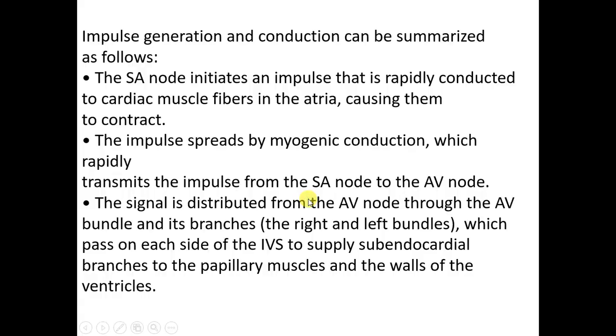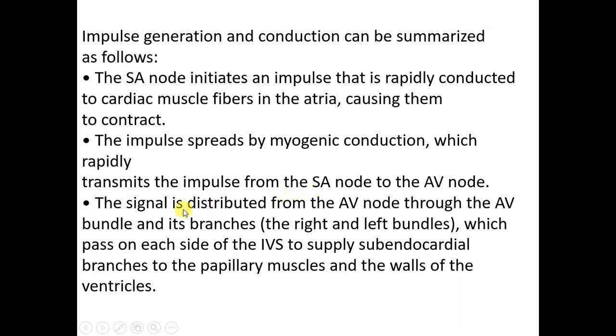Now, the summary. If we summarize the conducting system of the heart, or impulse generation and conduction, the SA node initiates impulses at the rate of 70 to 80 per minute, rapidly conducting through cardiac muscles, the tendon of Todaro we have seen, and rapidly conducting muscle fibers in the atria, causing them to contract. Then the impulse is rapidly transmitted from the SA node to the